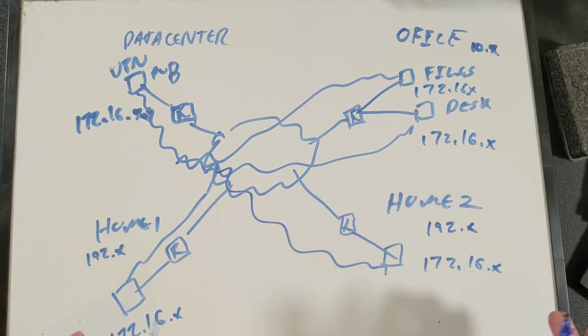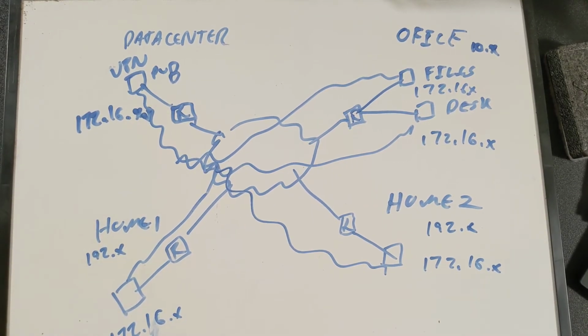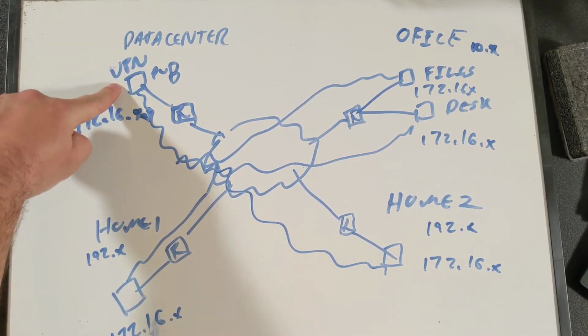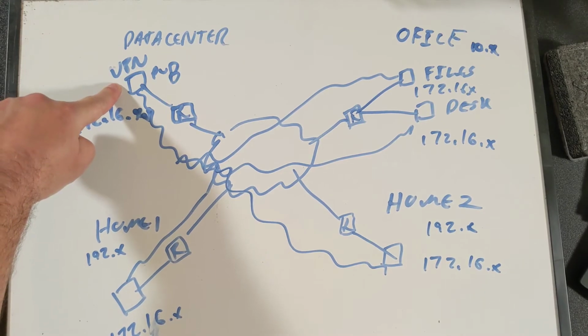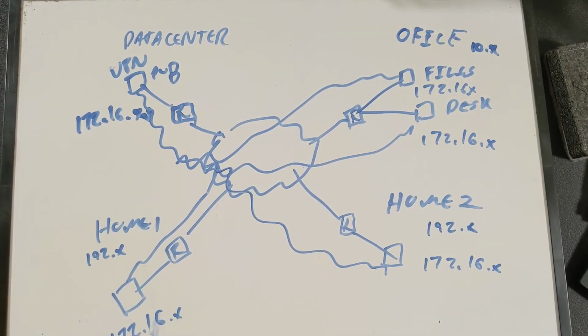And now, no matter where these machines are in the world, even if this is a laptop here, and the person who normally works at this home network picks up this laptop, brings it to a hotel and connects to a hotel network, that laptop, because it's running VPN software, will always be able to connect to the public IP address of this VPN server at the data center, and then be able to connect to the virtual private network and access all these other machines on that private network.